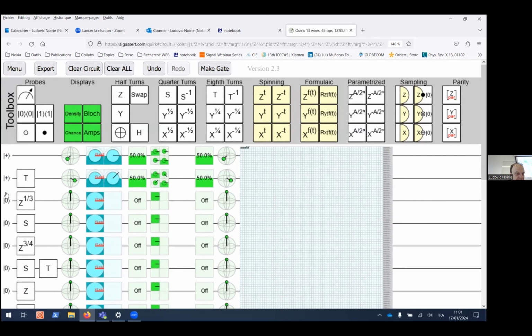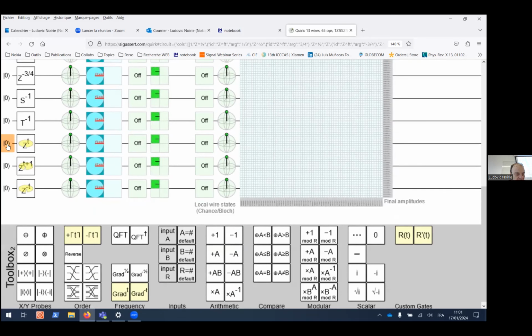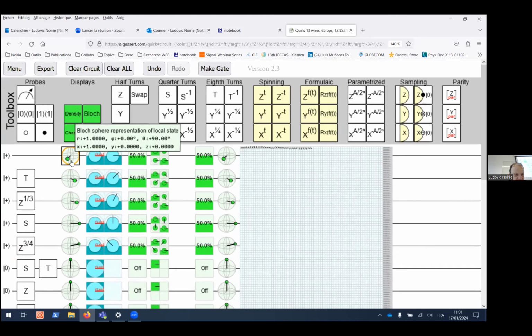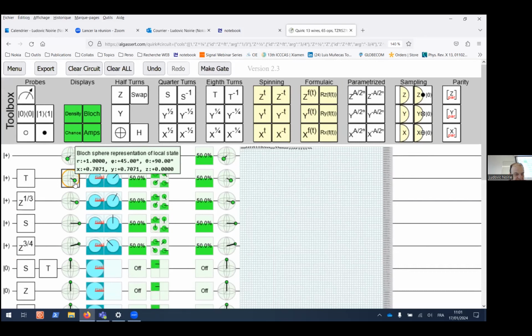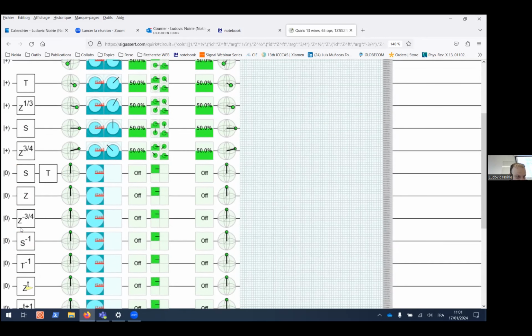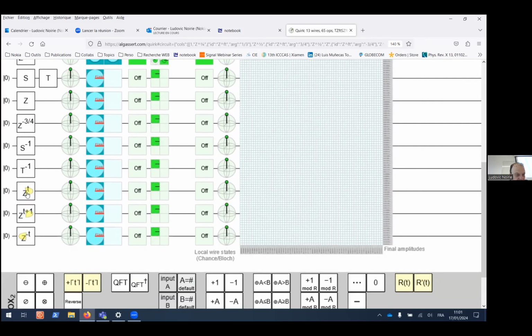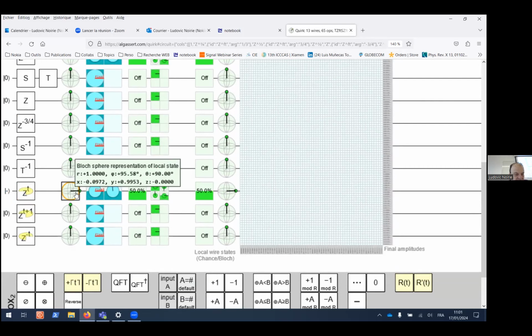But if you get plus in all of this, so I will not do it on everything, you see that the point on the Bloch sphere turns around the z-axis. When you have zero, the qubit is on the z-axis, so you do not see anything. But if you have plus or minus, you see something turning around the circle that is on the xy plane, which is orthogonal to the z-axis.